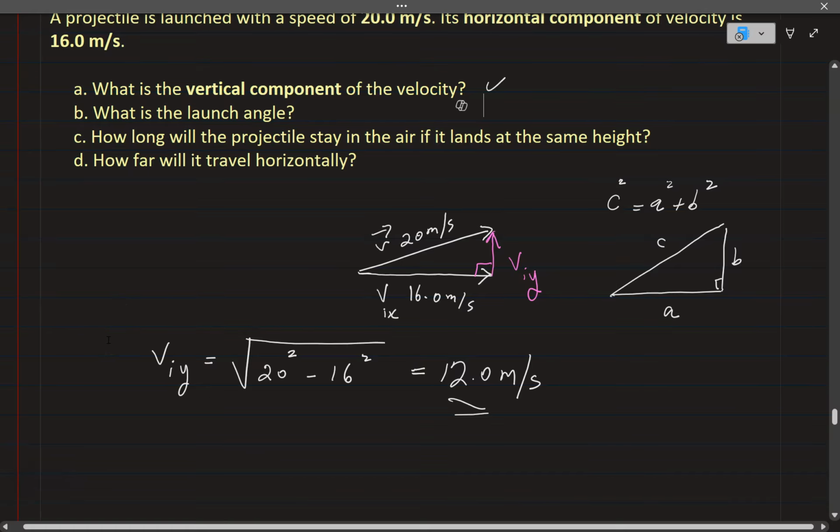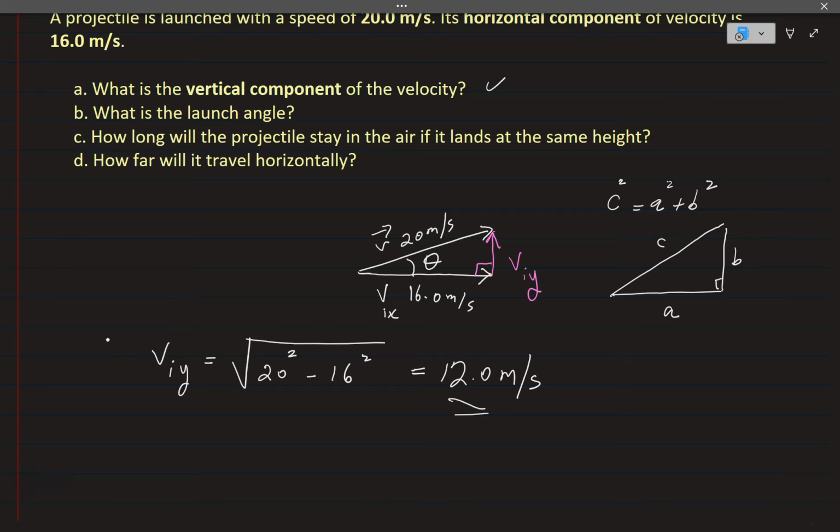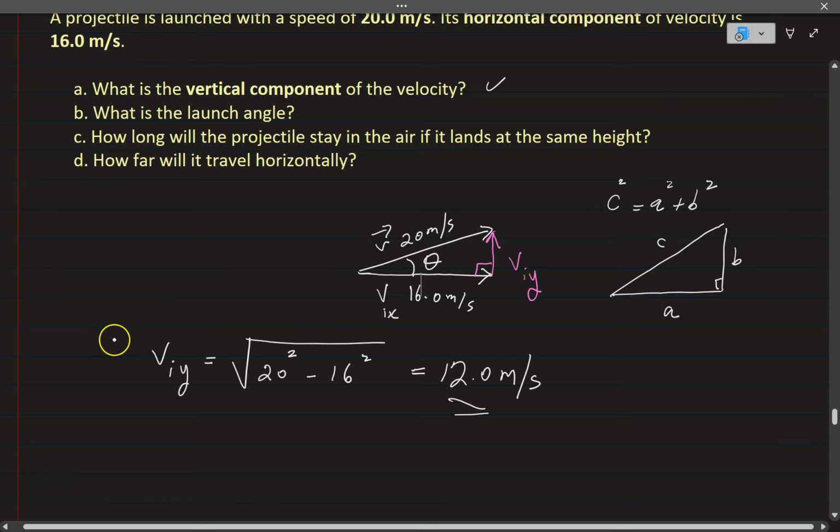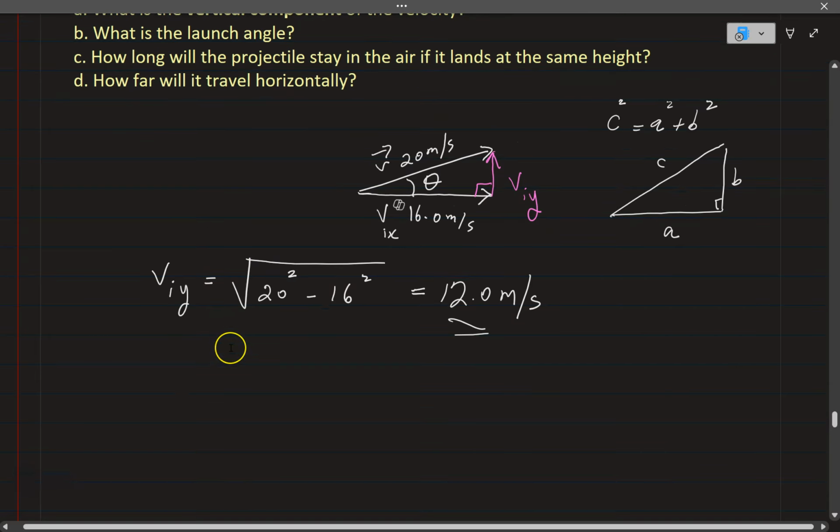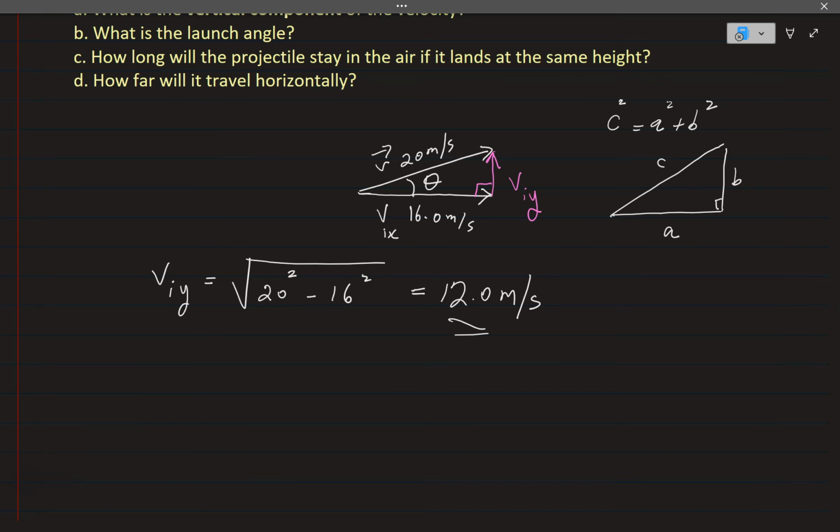Well, we just want this angle theta. Now we can use anything we want. We have to use trigonometry, right? We can use tangent, cosine, sine, and I suggest you use something that is given to you already. So the adjacent side and the hypotenuse are given to you. By the way, this is part A. Part B,